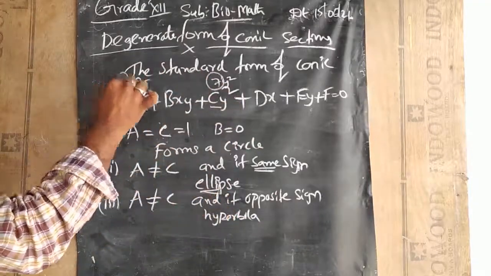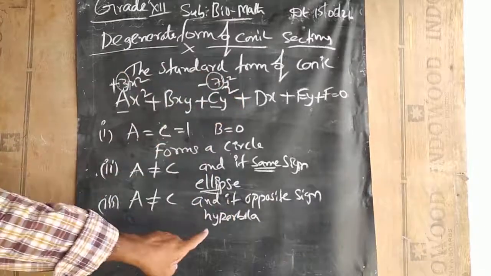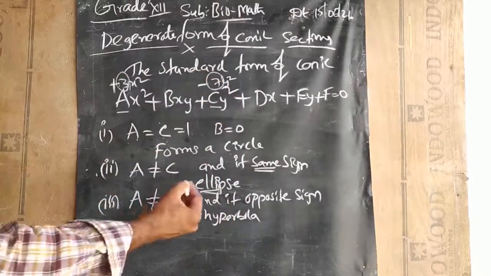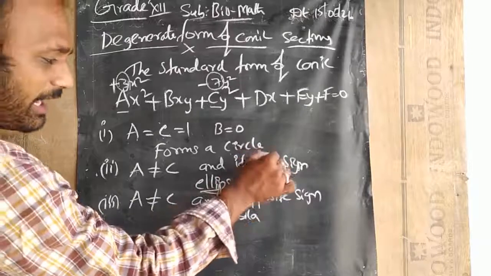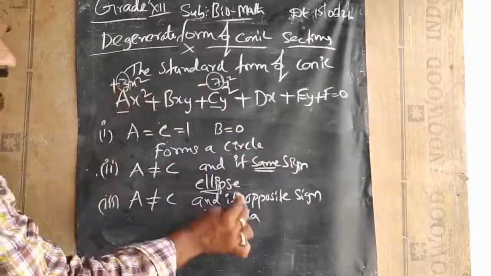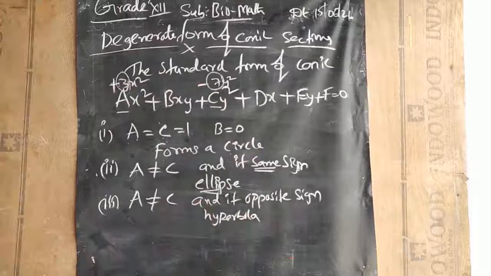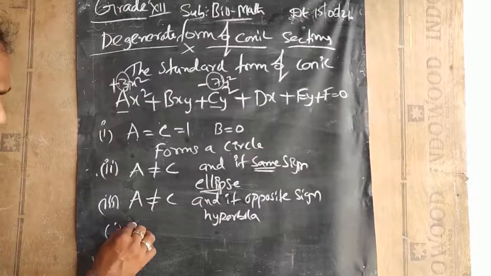If suppose here +3 is there, here -7 is there, I have to call it as hyperbola. So the difference between ellipse and hyperbola: if they are having the same sign, we call it an ellipse. If they are having opposite sign, you call it a hyperbola. So the fourth condition,